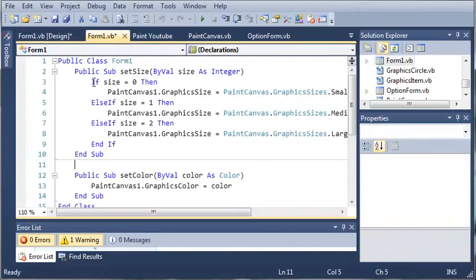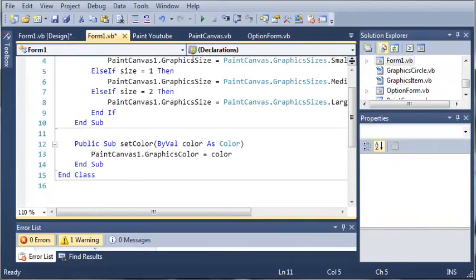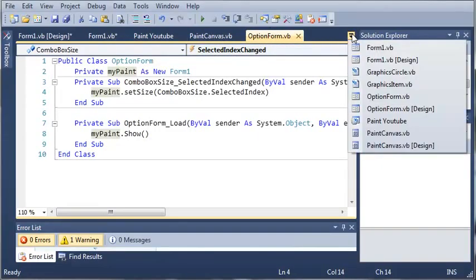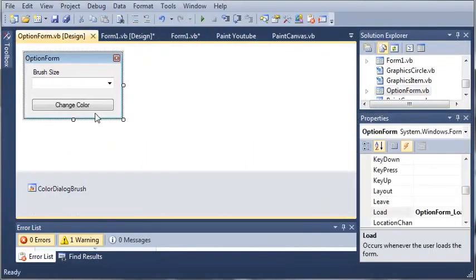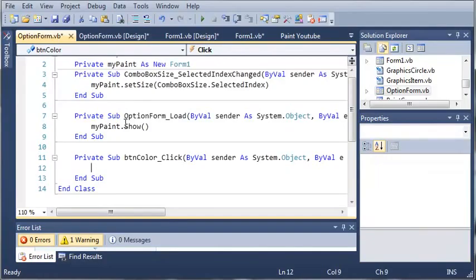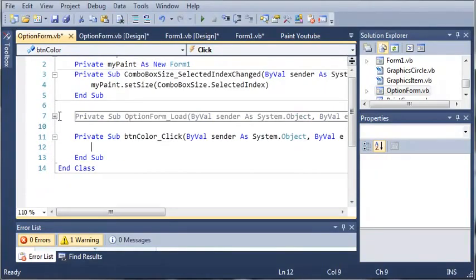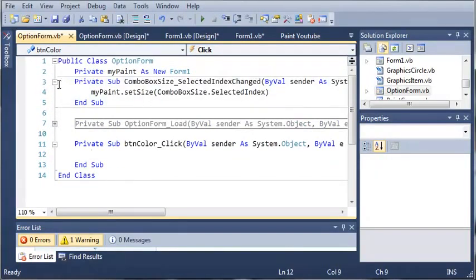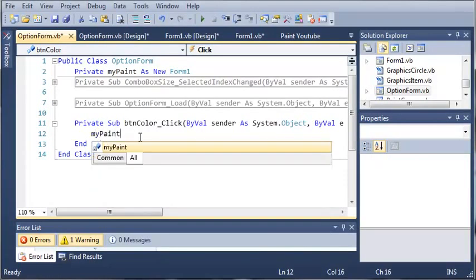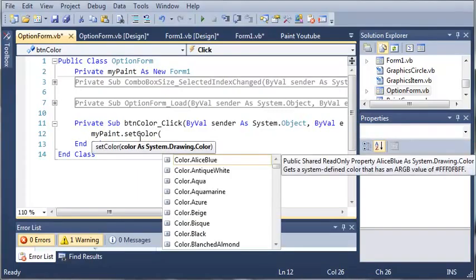So we'll go back into Form1.vb, and now what we need to do is go into our option form and add the SetColor method, or rather call it. So we'll come back into the designer for OptionForm, OptionForm.vb design, and let's just double click on change color. When they click button color, what do we want to do? Well, we want to set the color. So we'll call MyPaint.SetColor, and then we'll just do